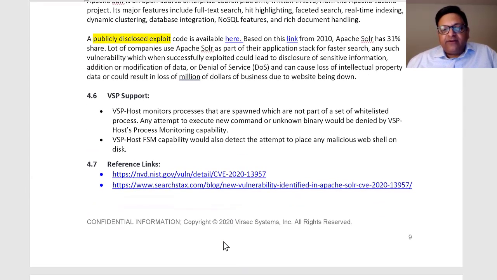But once again, the good news is that in the Virsec security platform, two of our VSP host capabilities, the whitelisting capability and the file system management capability, would absolutely detect the abuse of this particular vulnerability, and we'd be able to protect applications that are using this software very well without having to take patches in a very disruptive